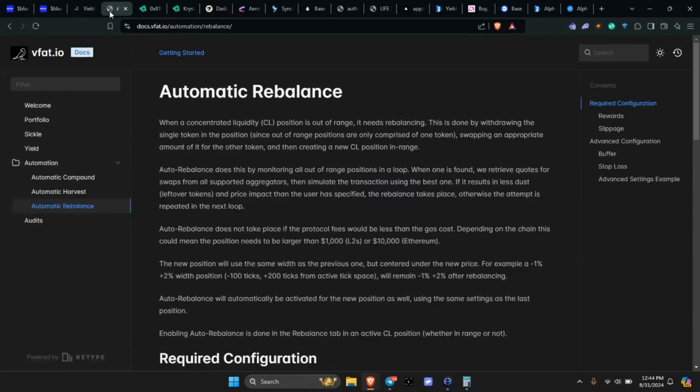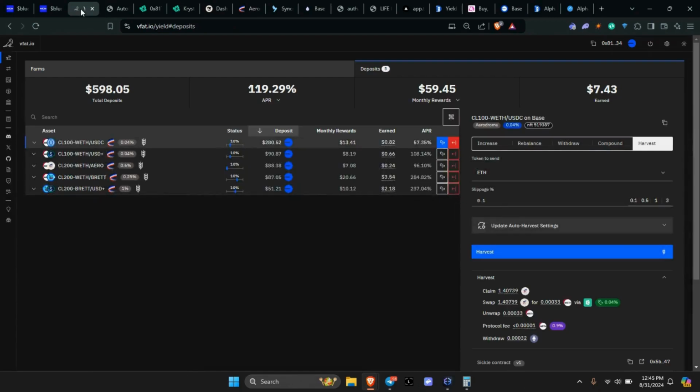Take your time, read over the documents, make sure you have a clear understanding of how it works and the fees and all that kind of good stuff. Then you come in and set. So you could start with $10 in the position, practice your range, say, oh no, the 10 goes out of range too quick, and spread the range out some more. That's totally up to you.